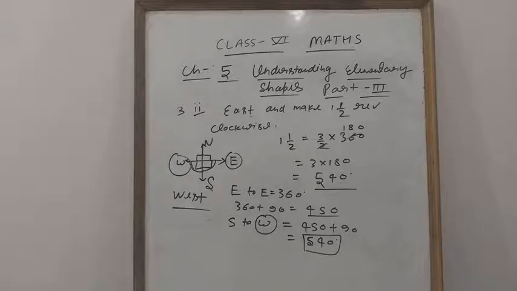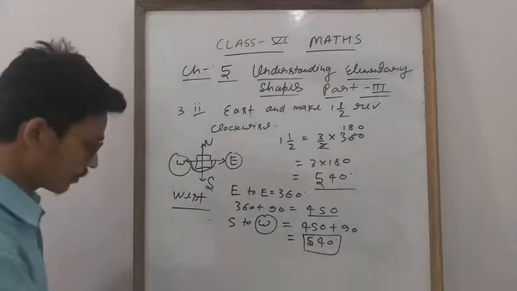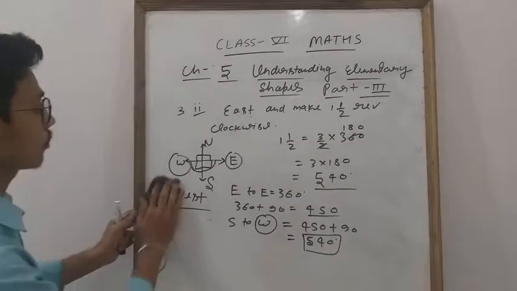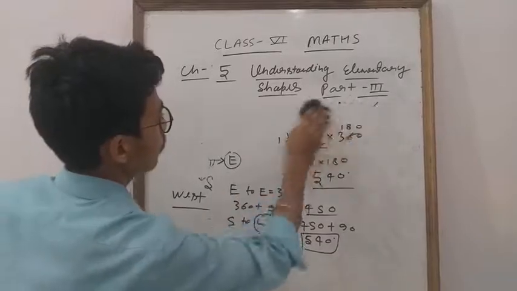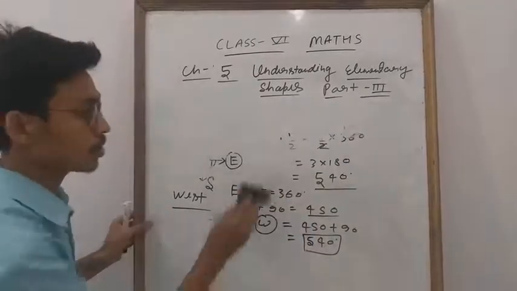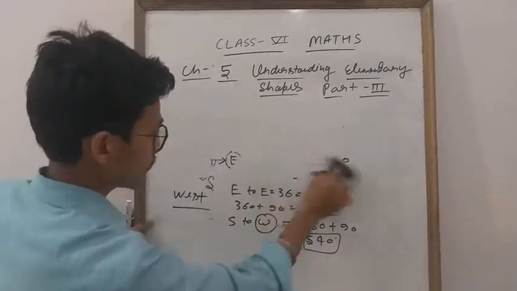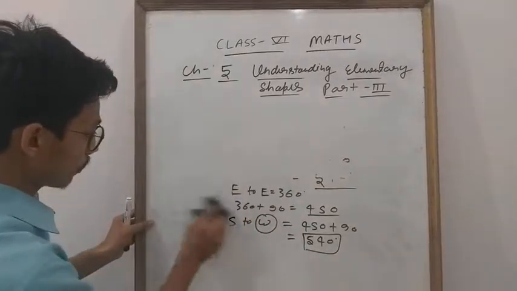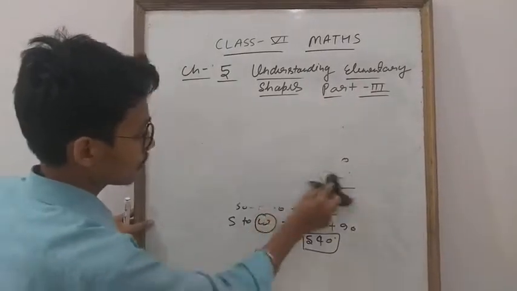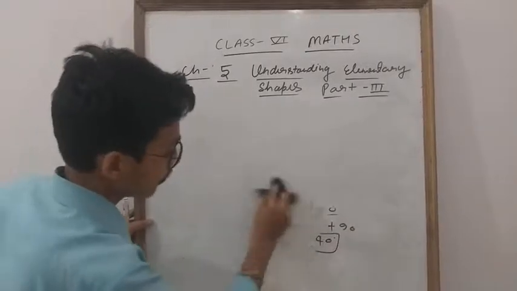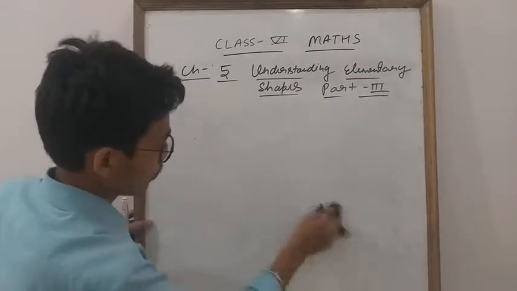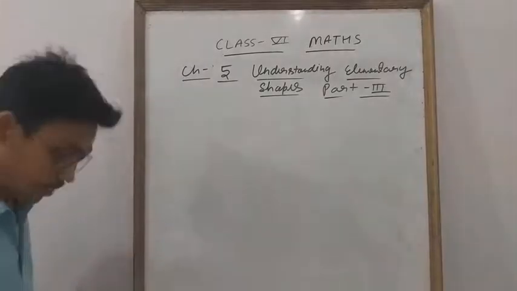Okay everyone, now move to question number 4. See what is given in question number 4. All questions are based on the concept which I explained. So you have to focus on the concept and direction, and what is clockwise, what is anti-clockwise. You have to do all the things very carefully. Everyone come to the online class because every day lots of things I discuss. Now move to question number 4.